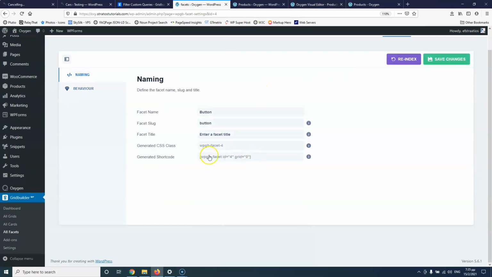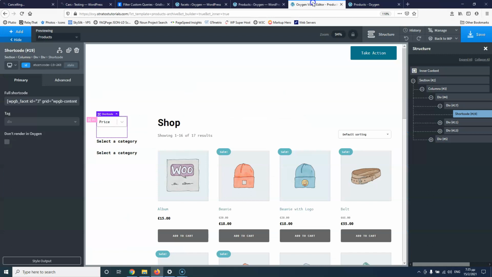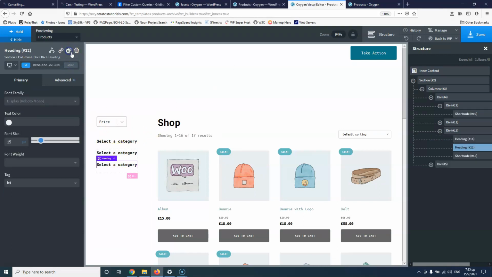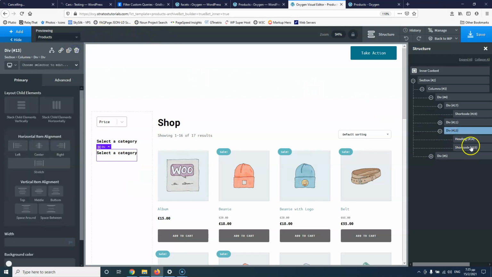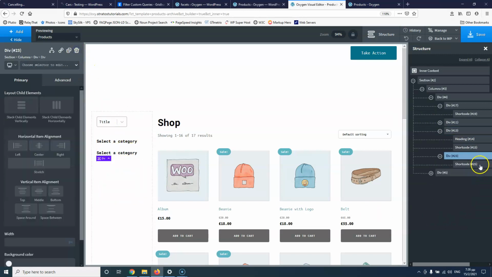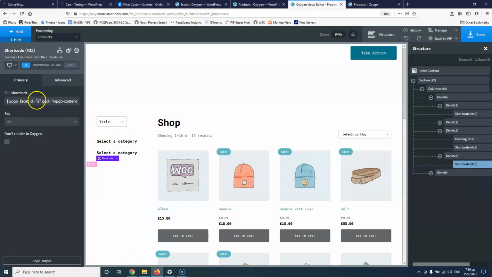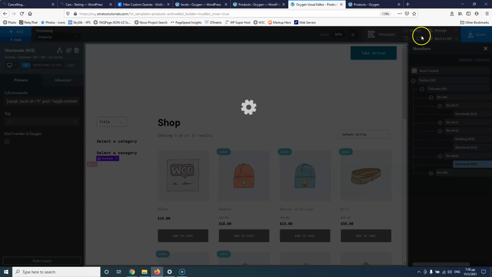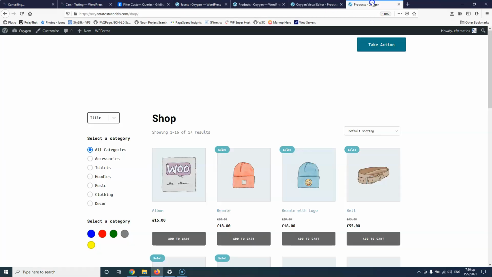And let's go back to the naming. As you can see, we have the for now, and here we're going to duplicate that, not the heading, sorry. Let's go and duplicate the div. Here, remove the heading, and let's go into the shortcode and put here for. Okay, let's save that. And once you add here a button, you will see immediately that it will stop changing those settings